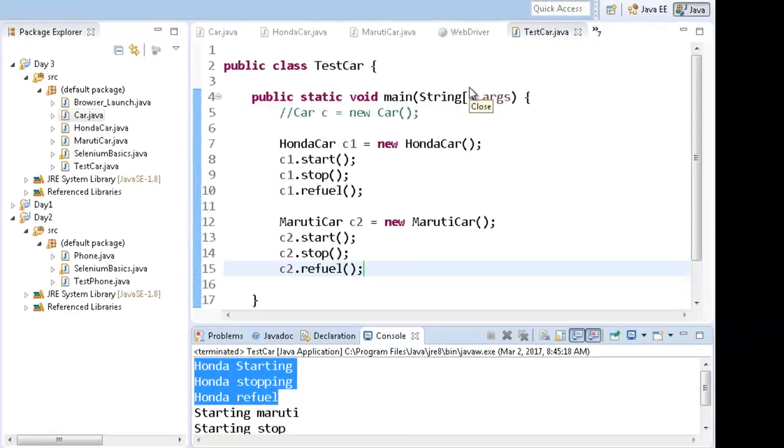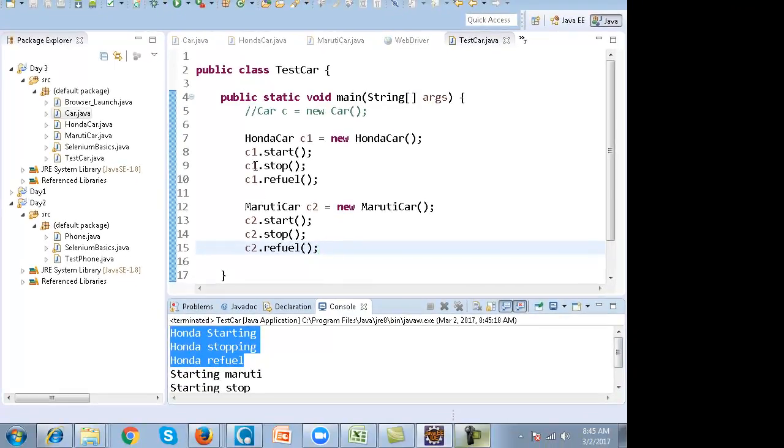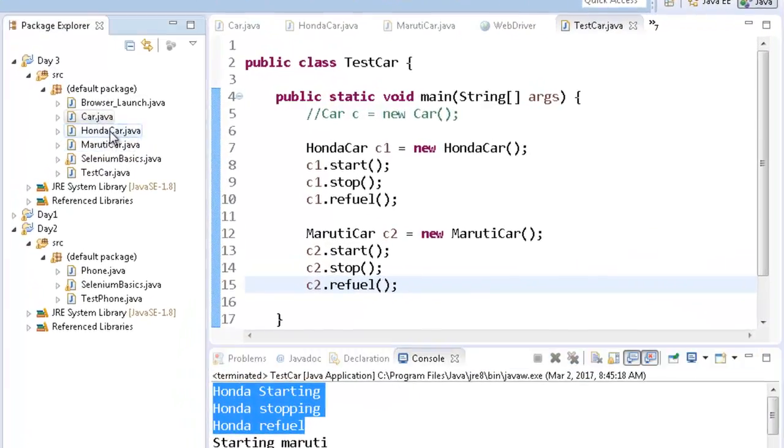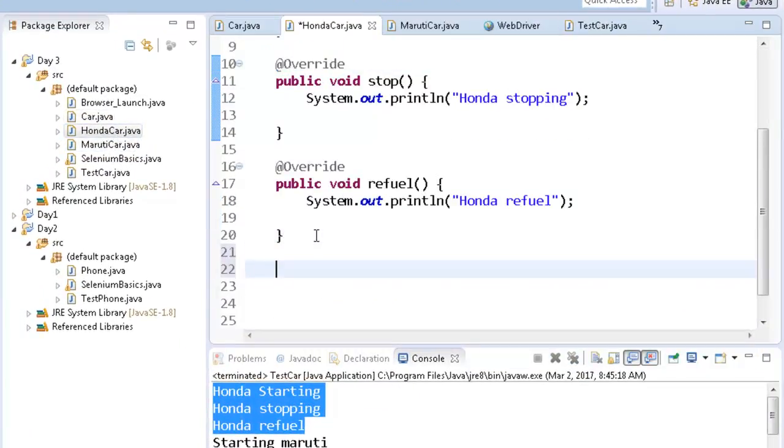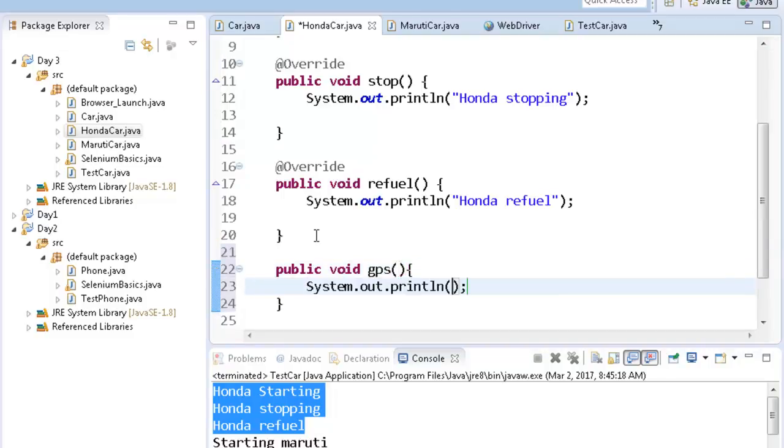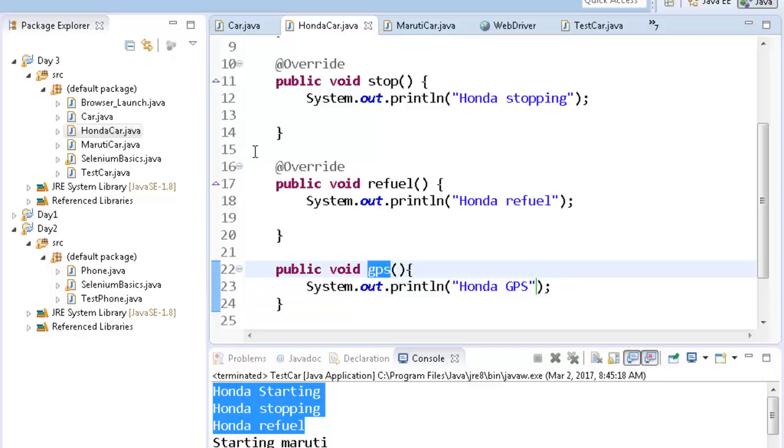Now suppose Maruti car or Honda car offers a function or a facility which is not offered by the other cars. For example, it will offer a function like public void GPS. Now this is not offered by the other cars.